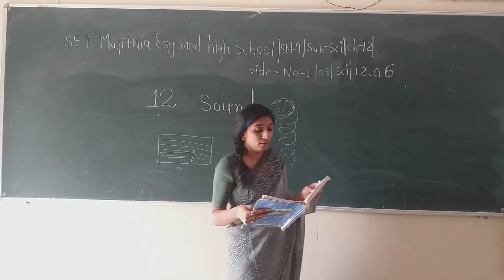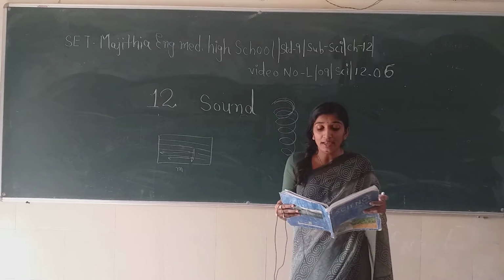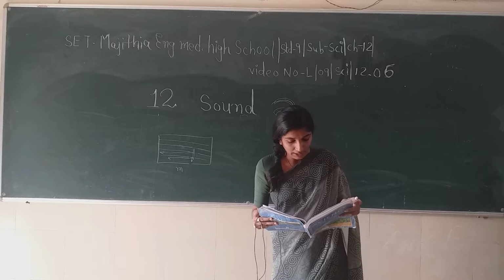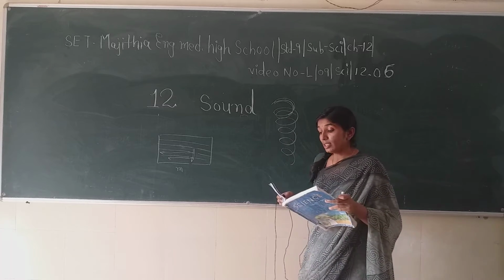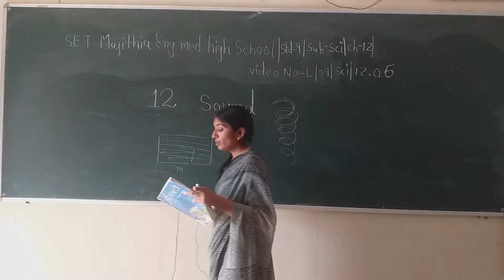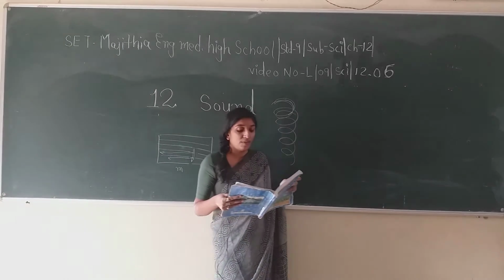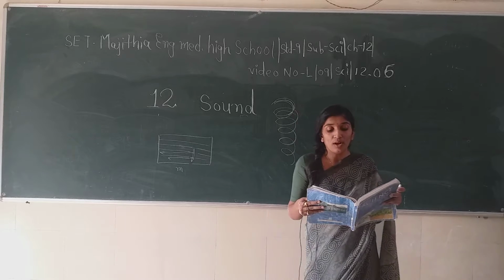It is because it will bend around the corner of the defective location and enter the detector. Ultrasonic waves are made to reflect from various parts of the heart and form an image of the heart. This technique is called